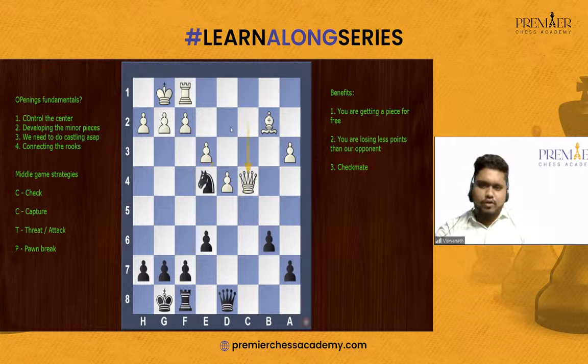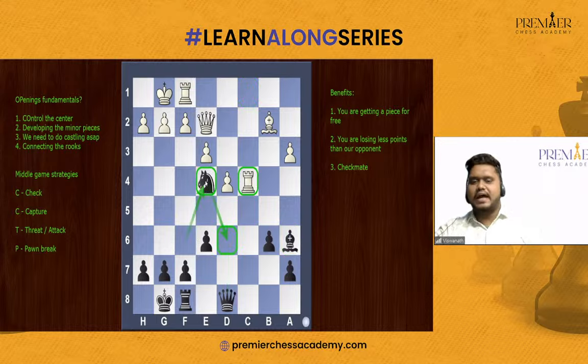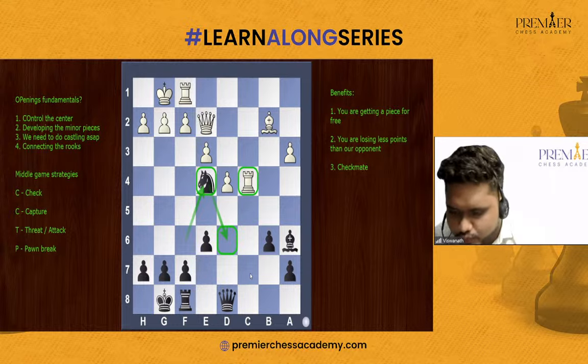So here is what we need to see that works. The check doesn't work, the capture doesn't work. Then the next thing that works is the threat. See how we are making a threat. It's an indirect threat, knight to e4 as well as knight to d6. Knight to e4, rerouting to knight to d6. That's the plan. Okay, after the queen captures,